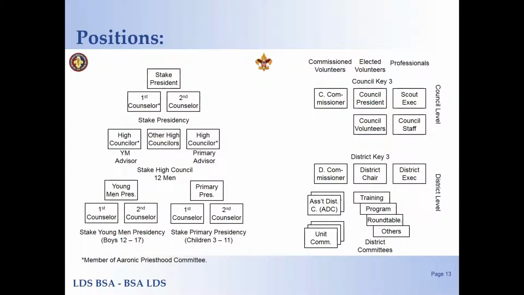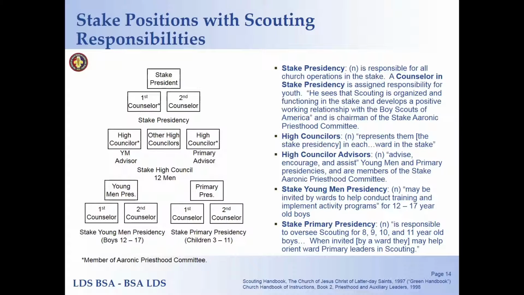Next, let's look at the organization charts for both of these organizations. We'll go through each side of this. The organization for the church is on the left. The organization for scouting is on the right. Again, this is at the stake or district level for these 2 organizations. For the stake,